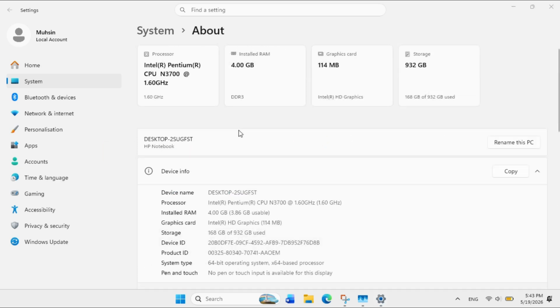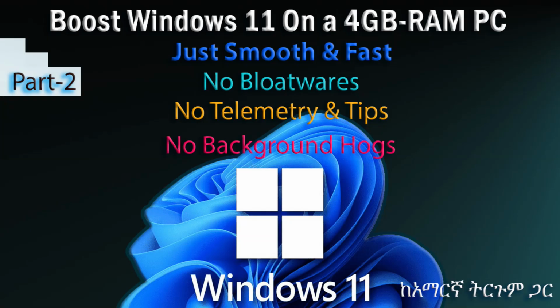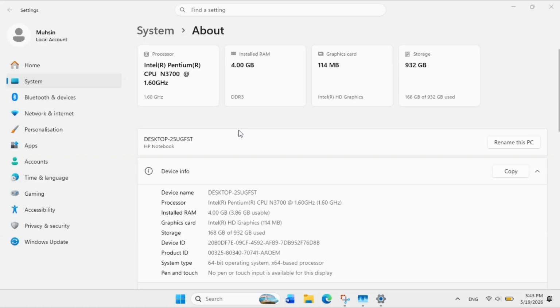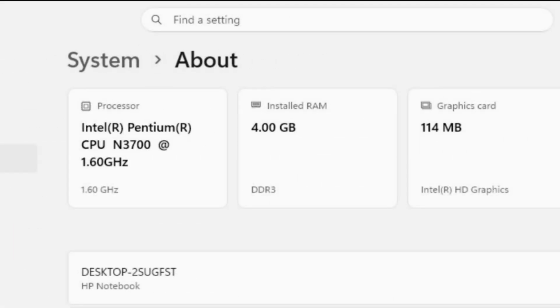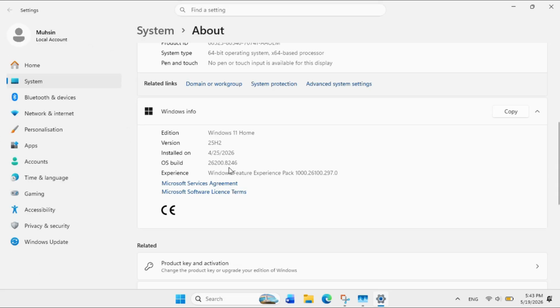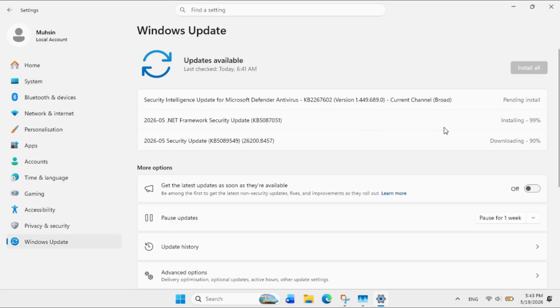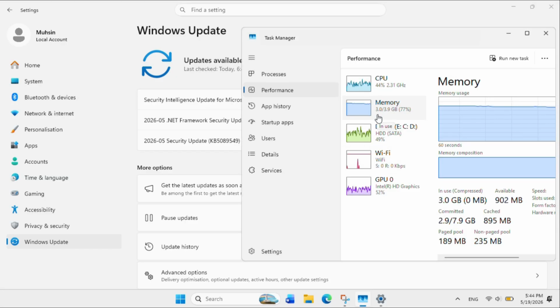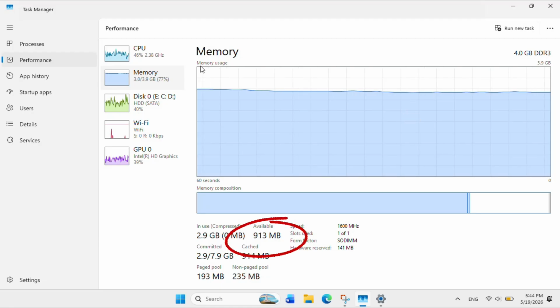Just to confirm, this is the very same PC I installed Windows 11 on, and then slimmed it down so that it runs fast and smooth. Here is its processor, and here is its RAM. Here we have the Windows info. It's activated, and it's receiving Windows updates as well. While doing all this, the system is using around 3GB of the total RAM, leaving around 900 megabytes for new